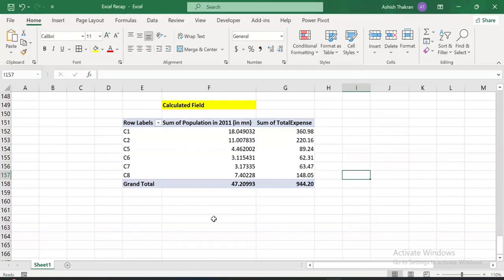Sir, one request. Sir, can you not rush SQL like